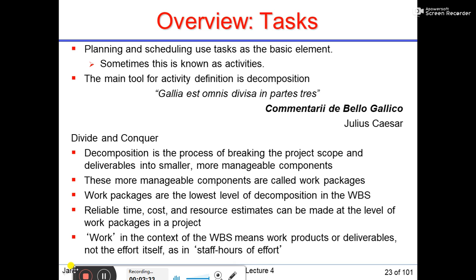Work in the context of WBS means work products or deliverables, not the effort itself, as in staff hours of effort. So in a work breakdown structure, we define the work as a deliverable. We might not consider the effort totally, but we consider the duration it might take. The work package, or the smaller basic elements of the work or task, will take some amount of time, and how it will be delivered, when it will be delivered, and how much